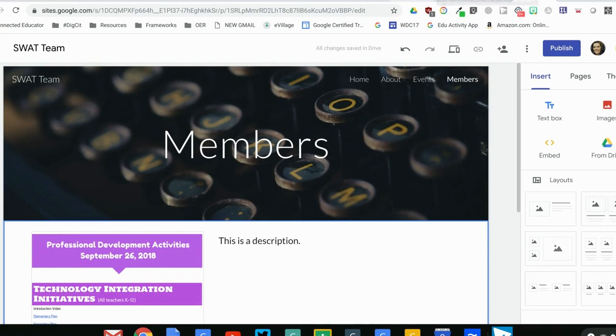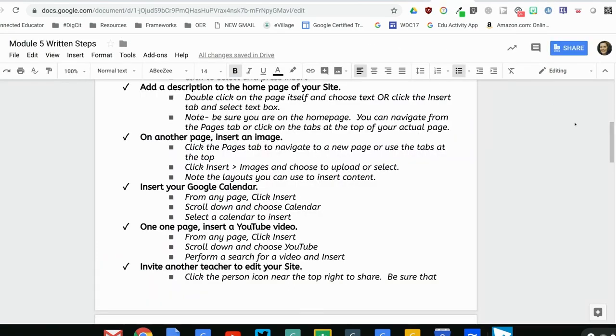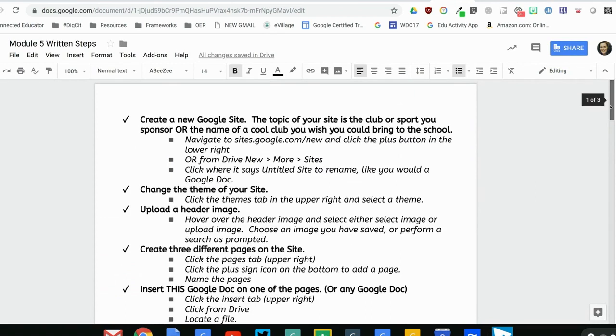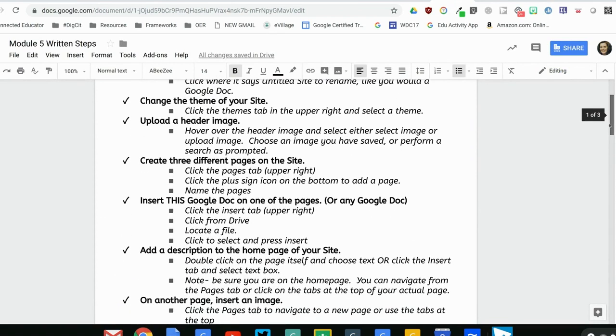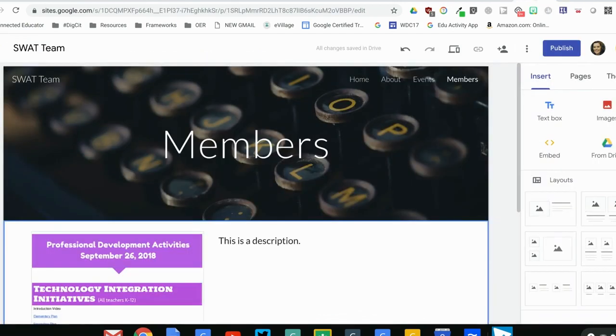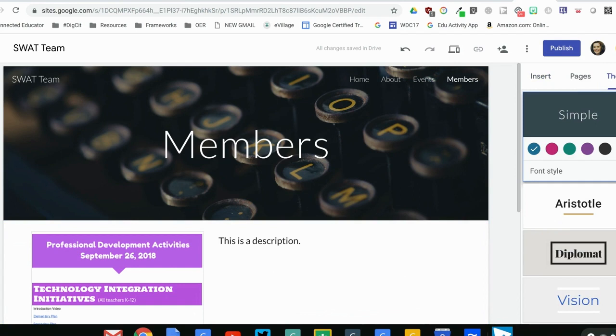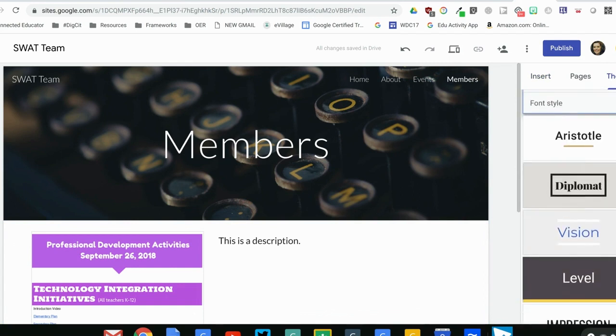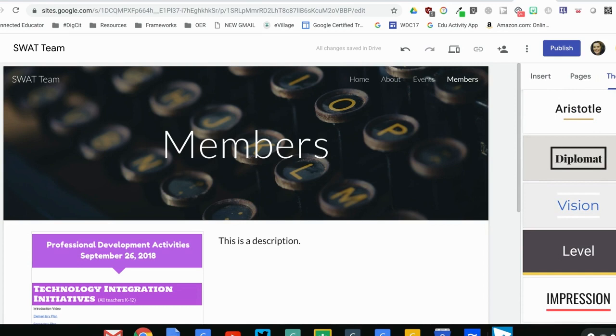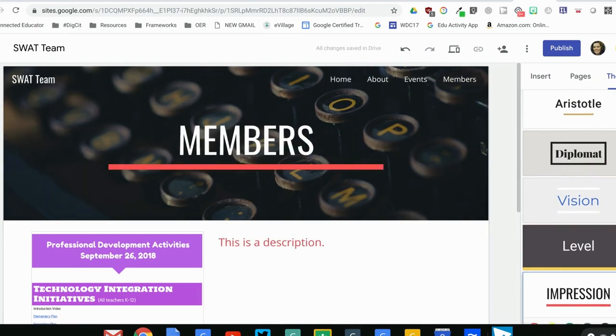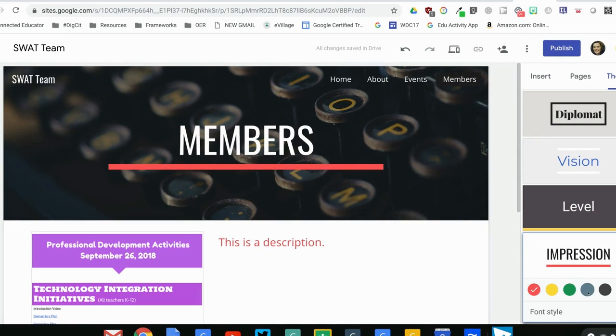Okay. I feel like I skipped a step. I did. One of the things I forgot to do earlier: change the theme of your site. I apologize for going out of order. Up here in the upper right hand in those creation tabs, I'm going to choose Themes, and I have a few themes to pick from. I'm going to choose Impression,